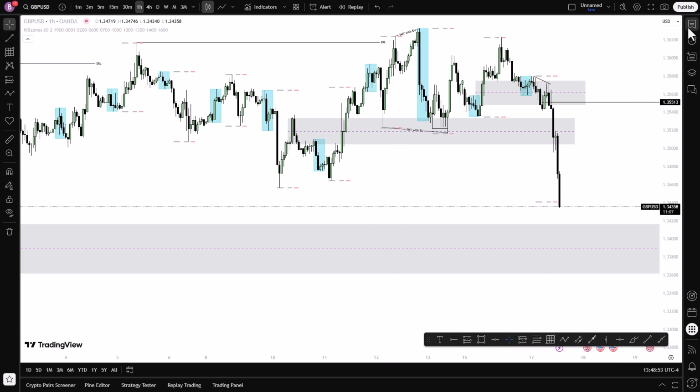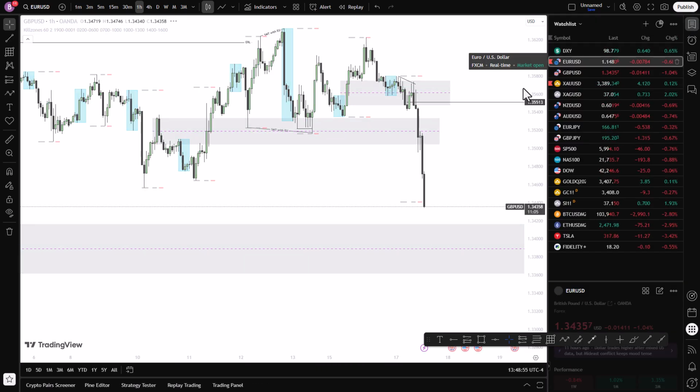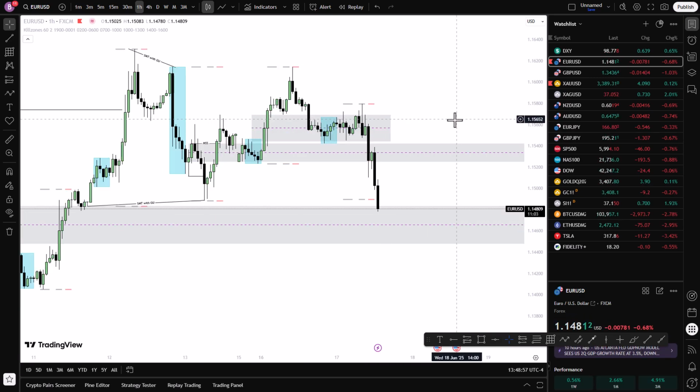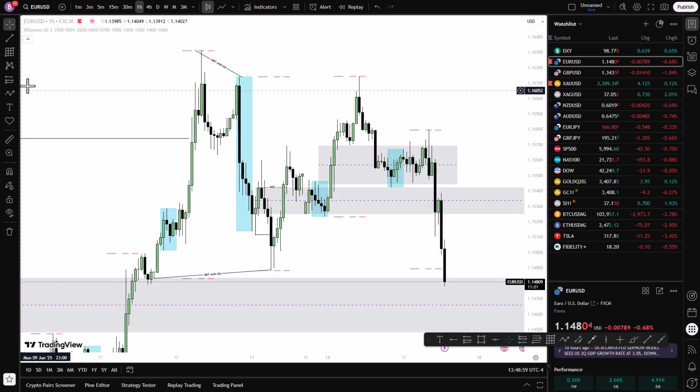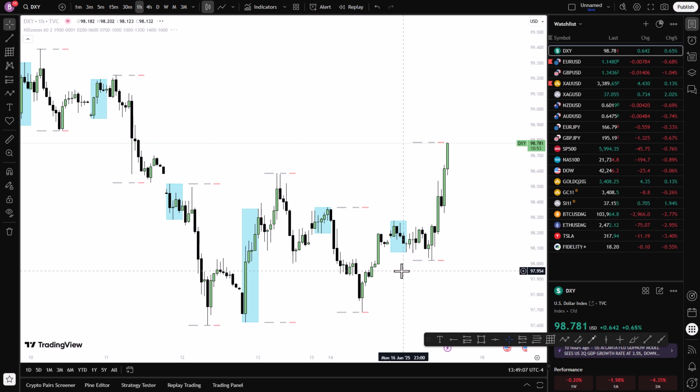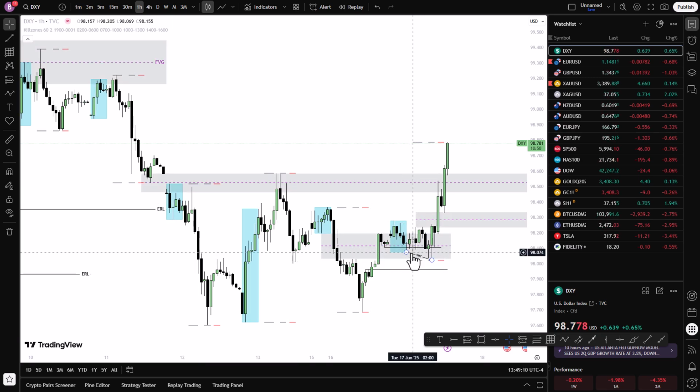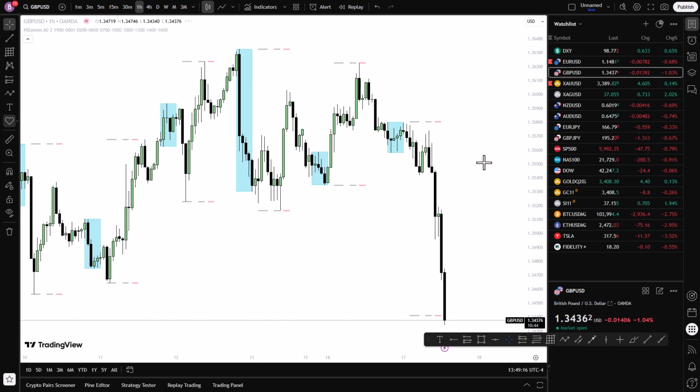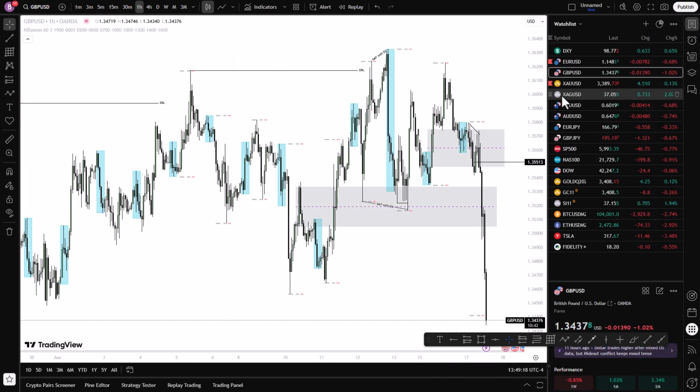But let me show you something. On EURUSD, we see price taking out the high. You see it? Yes, price taking out the high. So we have an SMT. And on the dollar, what do we have? We see price taking out the low, SMT. So this is it, guys. This is what I have on the trade for tomorrow, and I want to see price doing this as we speak.